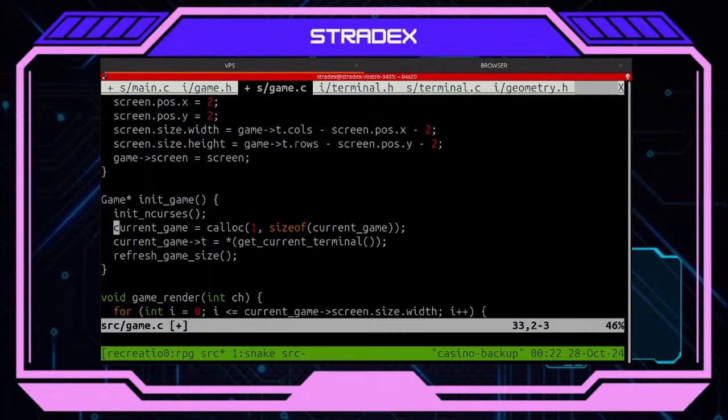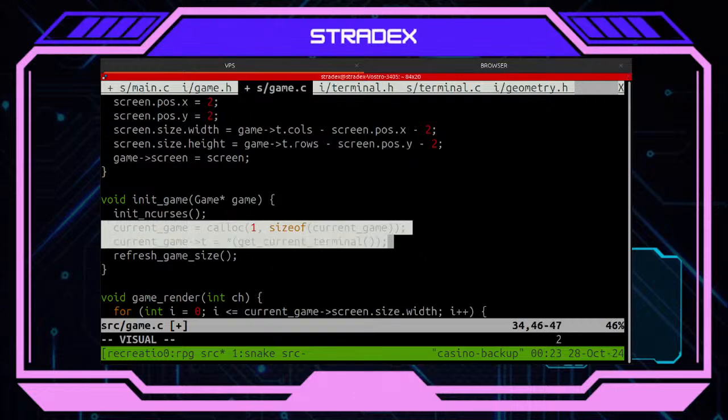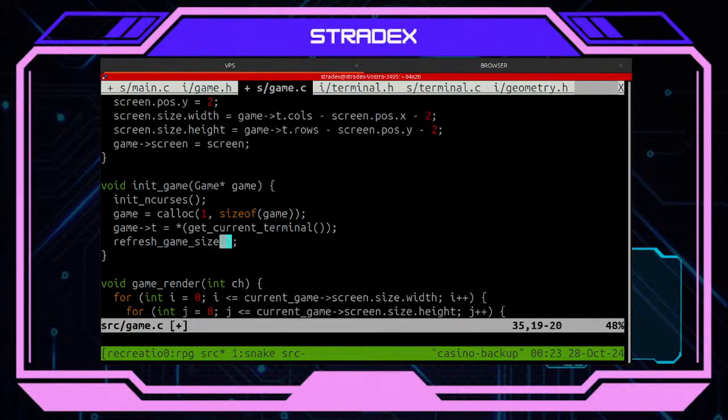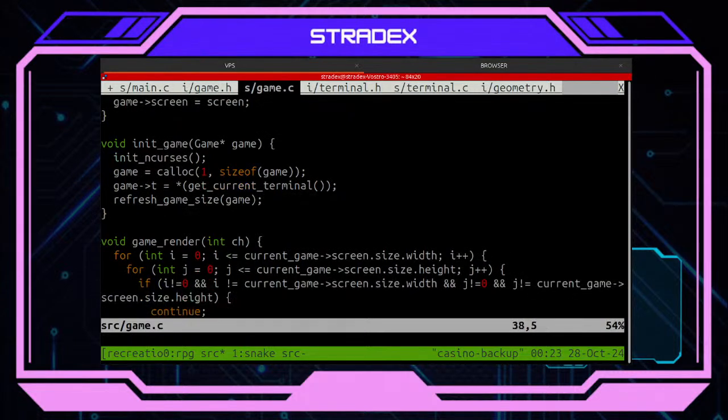Well, actually, no, I say nothing. Game. And here I want to send the game as a parameter. Everything is going perfect here.